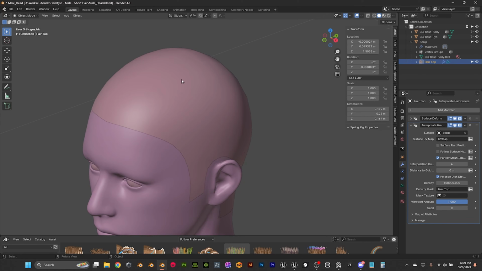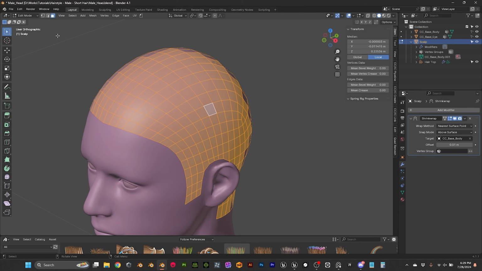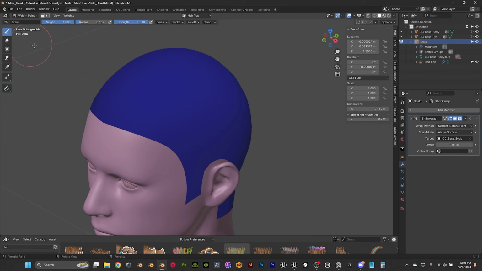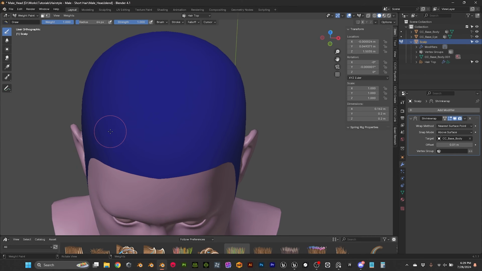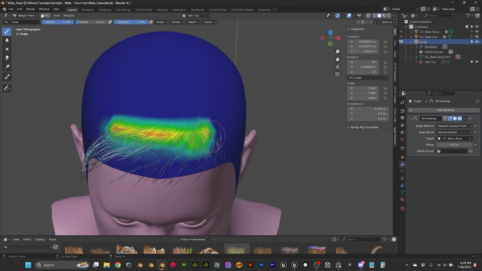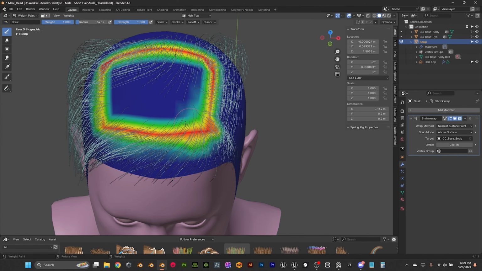And it still doesn't show anything because we didn't add any weight paint yet. So weight paint, and weight it's at 1. So our top area, it's gonna be this one, and actually we are gonna probably need